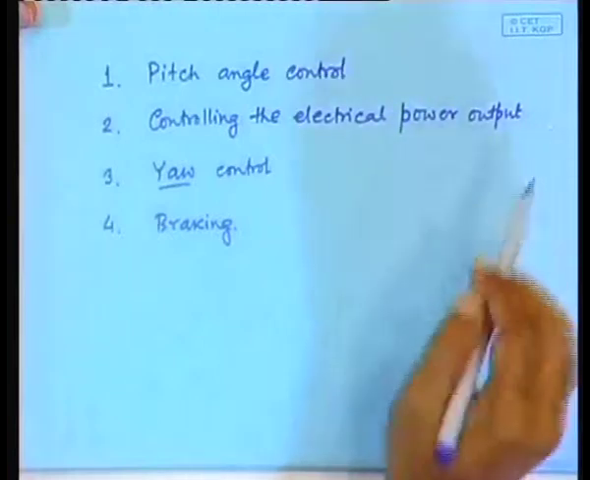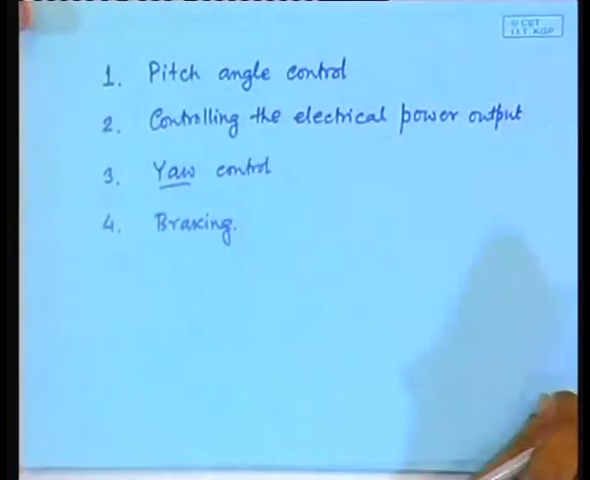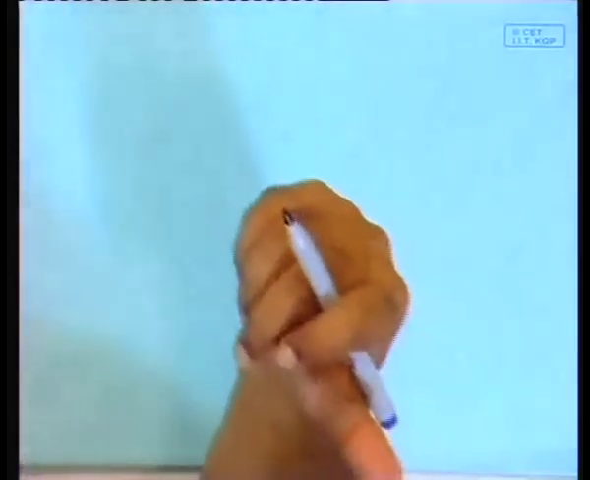Okay, so we have more or less covered all this: pitch angle control, electrical power output. The details I will come to later. Yaw control and braking. Obviously, in all these controls, one important input is the measurement of the wind speed, or suppose you do not have any wind turbine anywhere,